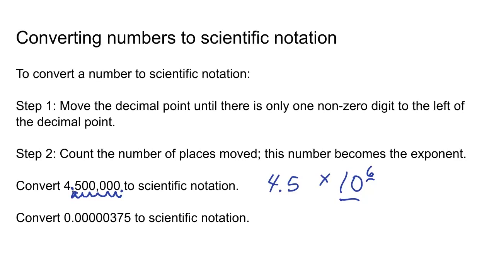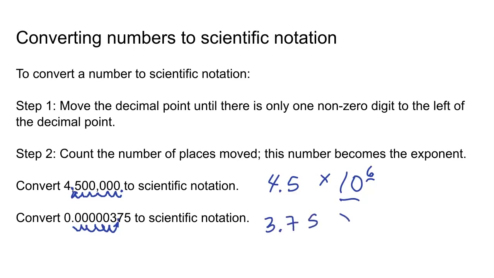To convert the decimal 0.0000375 to scientific notation, you need to move the decimal point to the right so that the number is greater than or equal to 1 but less than 10. So in this case, I need to move the decimal point 1, 2, 3, 4, 5, 6 places to the right, which means the resulting coefficient will be